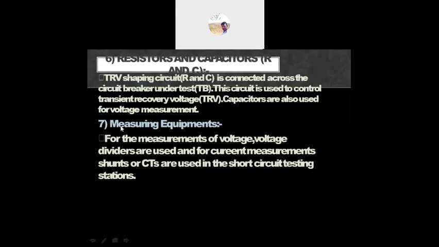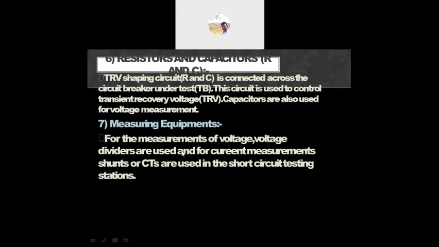Next is the measuring equipment. Which type of measuring equipment is used, and which one uses the capacitor for the circuit breaker, at AC or DC power supply? If the equipment is properly maintained, the fault current measurement will also be done properly. For the measurement of the voltage,